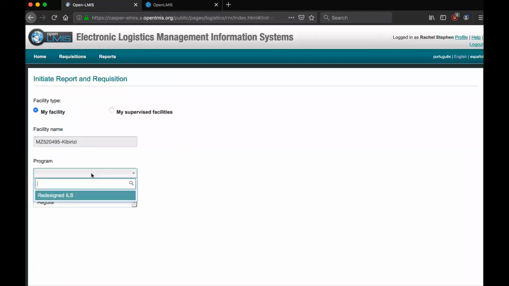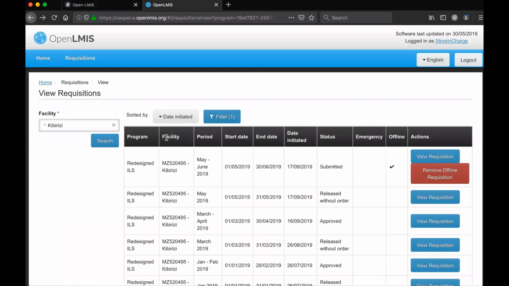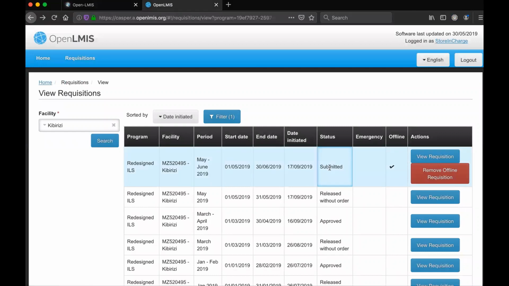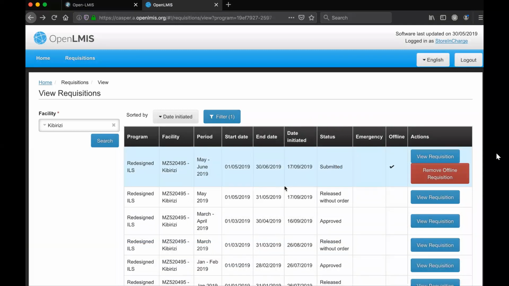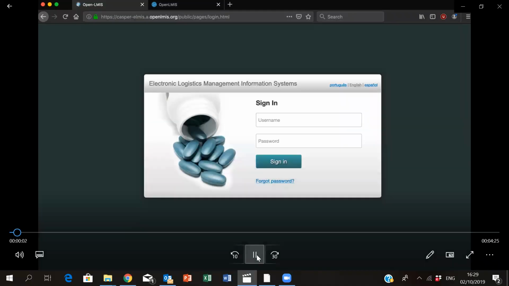And we select the same, and we see that it's submitted. Now if we go to the version 3 system and go back to that list of requisitions, we can see that the requisition has been submitted. So you can see that the pipeline allows us to sync data from an ELMI system to a version 3 system in near real time automatically. Of the Casper project, a pipeline which uses